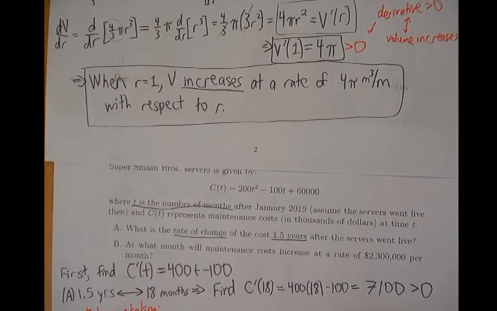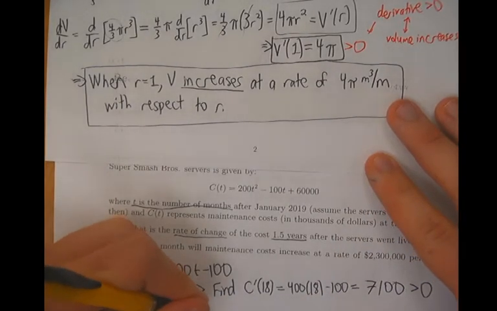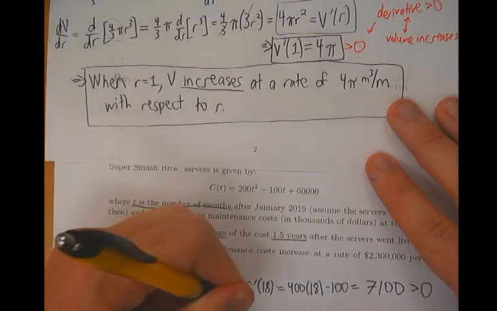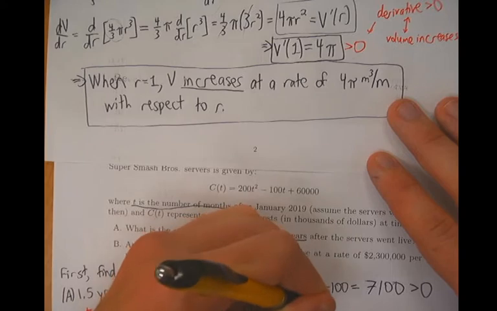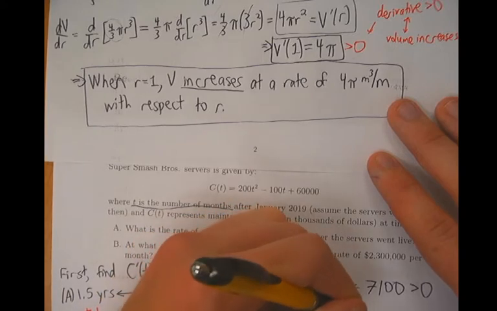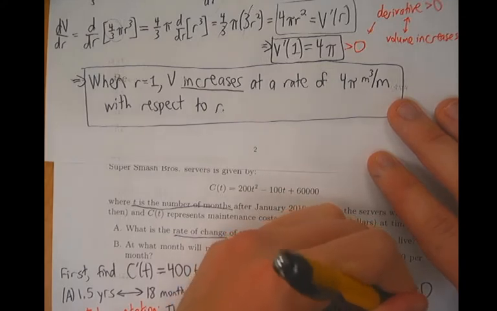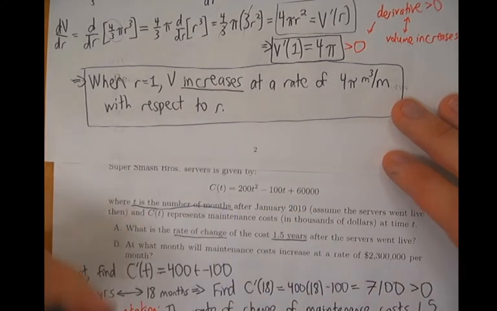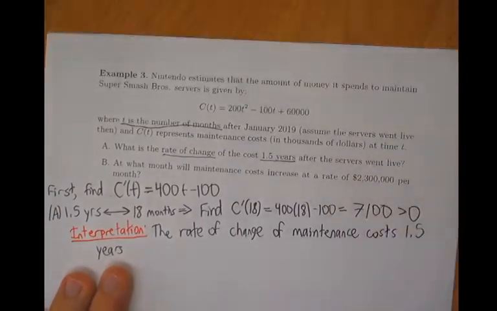Well, since our derivative is 0, that says the rate of change of maintenance costs, 1.5 years,